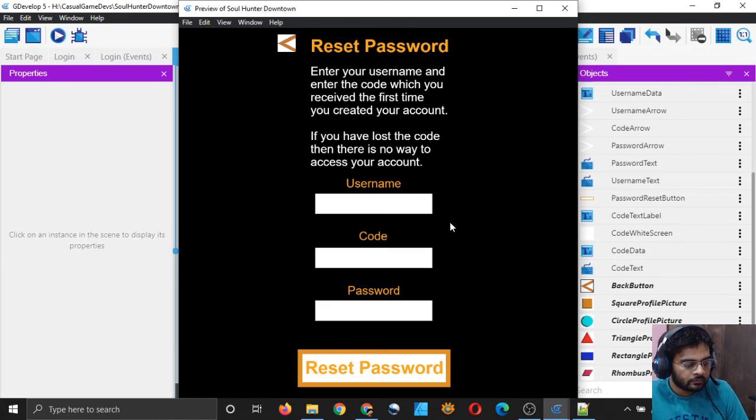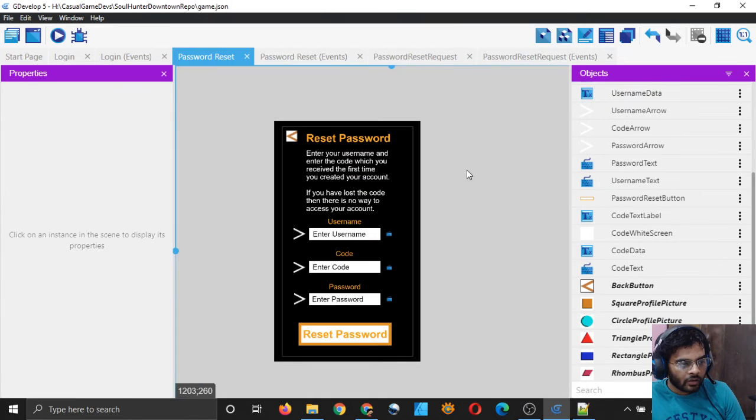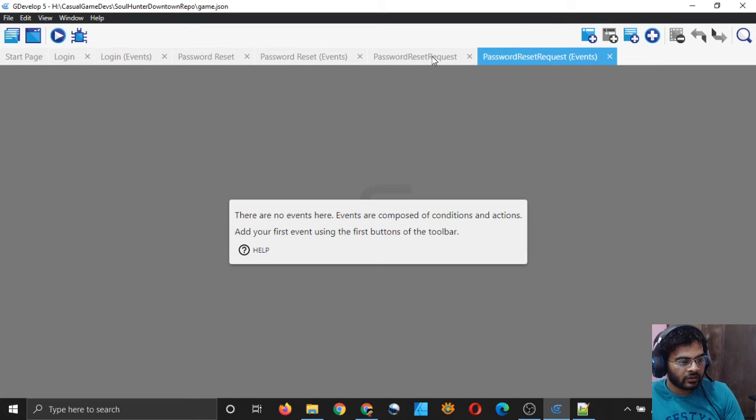There it is. So it's working pretty well, so that's good. And now let's write some code in our password reset request as well.